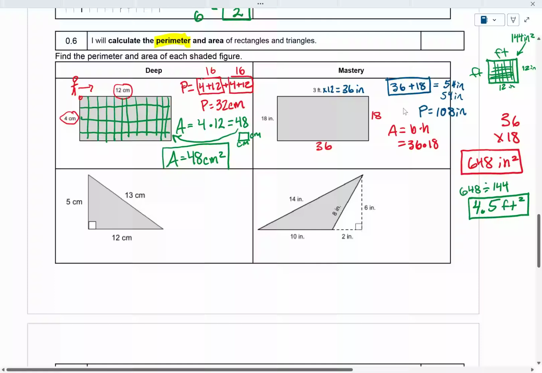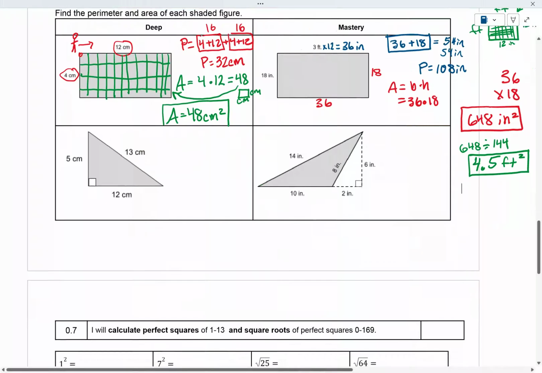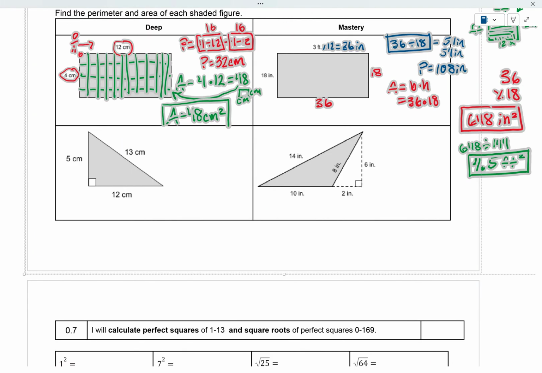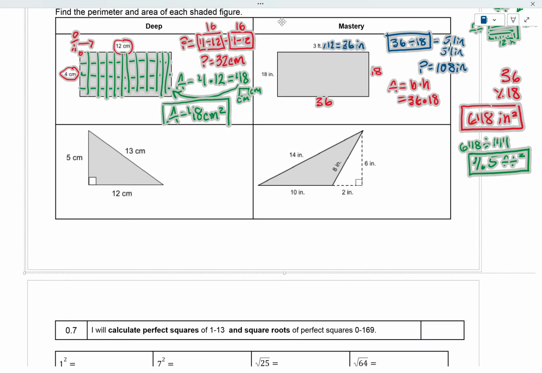All right, in this video, we're going to solve for the perimeter and area of a triangle. Now, friends, it would be helpful if we review how to find the area of a rectangle, and there's a reason why. Remember in our last video, we said, oh, the area of a rectangle is found by,